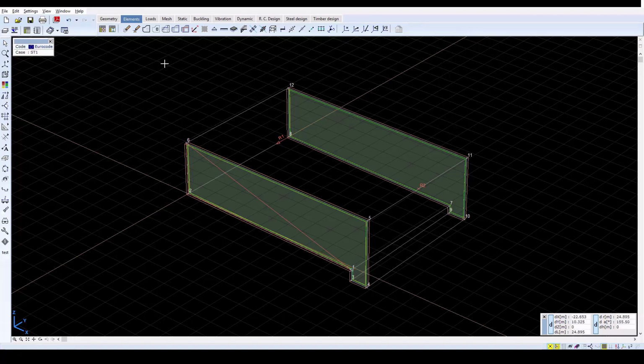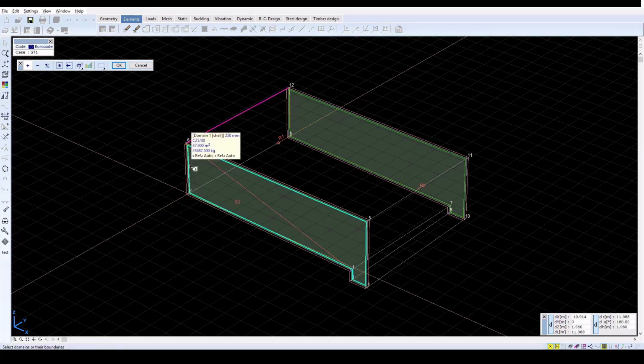Now define a domain to create structural surface elements. Click on the domain icon and then click on the perimeter lines of the following walls to select domain contours. Select the back wall, the bottom surface, and the front surface.